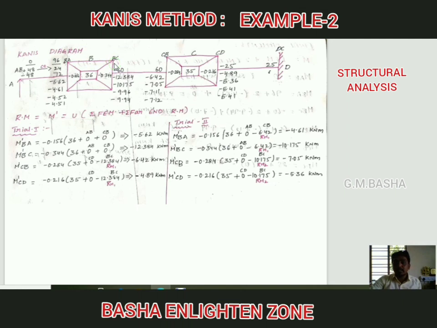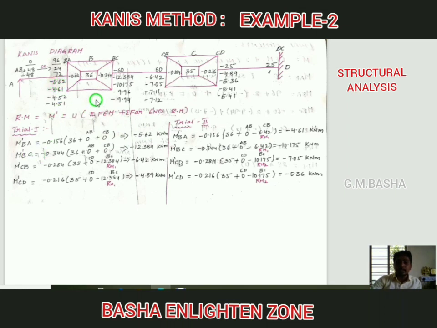So you always remember this point. You can revise this and repeatedly see that note point. What I am telling, you clearly observe. At the same time, in the first step the AB rotation moment is 0, and here for CB also the rotation moment is 0 in the first step. After completion of the first trial, you will get these values, so don't take them now. That is the reason in the first step I am taking both AB 0 and CB 0. Then if you simplify this, you will get minus 5.62 kilonewton meter. So you have to write down this directly here.